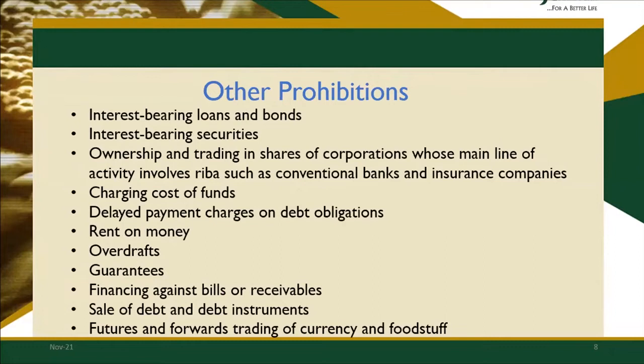Other prohibitions are interest-bearing loans and bonds, interest-bearing securities, ownership and trading in shares of corporations whose main line of activity involves riba, such as conventional banks and insurance companies, charging costs of funds, delayed payment, rent on money, overdraft, guarantees, financing against bills or receivables, sales of debt and debt instruments, futures and forward trading of currency. These are just some of the prohibitions that are within the non-interest or the Islamic